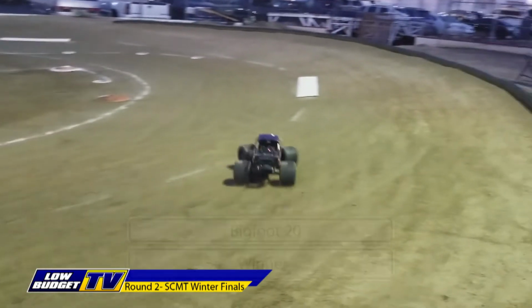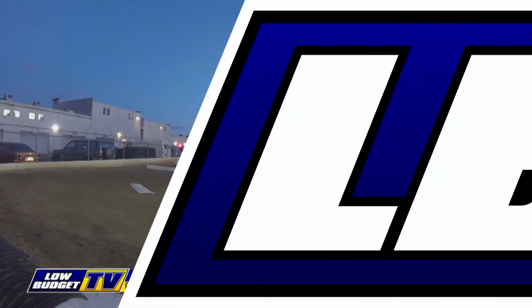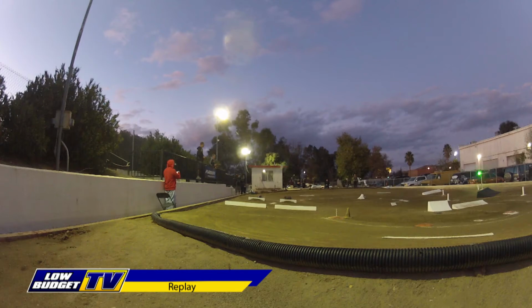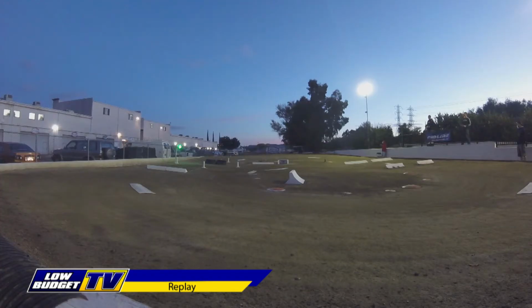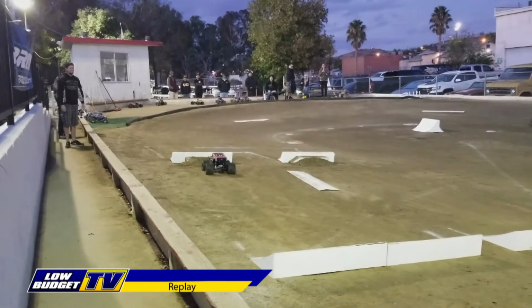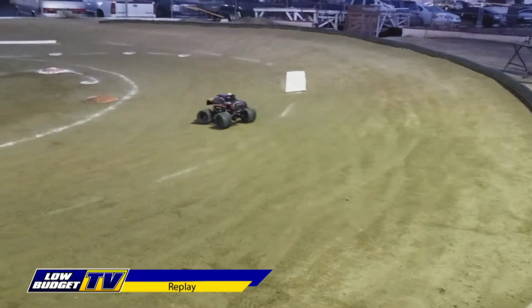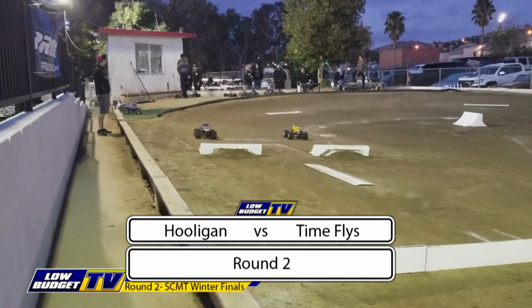Bigfoot 20 is taking appropriate caution as the crowd goes nuts in this upset run, really. Upset win for Bigfoot 20. So you go to a replay. Trevor, who has been fast in every truck he's run here today at Hot Rod Hobbies, is going to come up short. As you saw, it was even at the end of lap 1, but he had started to pull away, but just wasn't straight off of the jump and landed on the other lane and flipped over, and that was it. Bigfoot 20 just idled it to the win very carefully. Adding insult to injury there across the line. So big upset and a big opportunity for the rest of the field with one of Adamo's trucks out